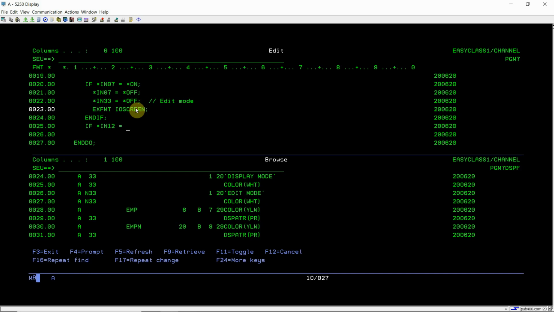If IN12 is on, I don't need to do anything else here. I just have to set that indicator as off.